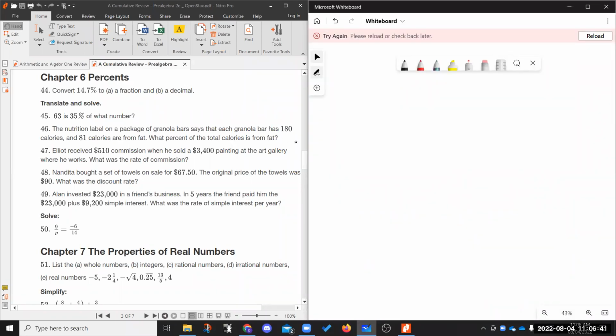Alan invested $23,000 in a friend's business. In 5 years, the friend has paid him the $23,000 plus $9,200 simple interest. What is the rate of simple interest per year? Okay, so